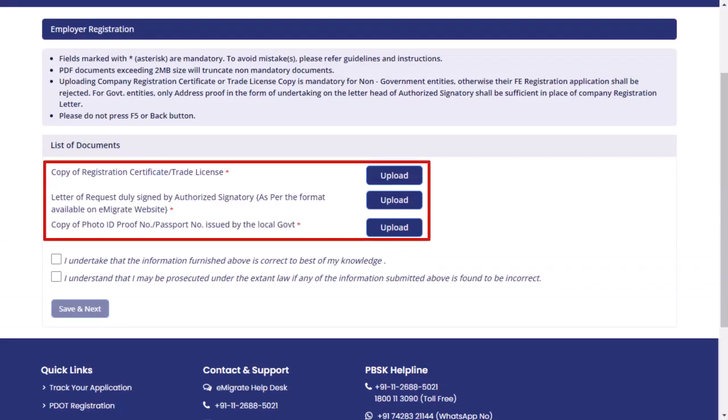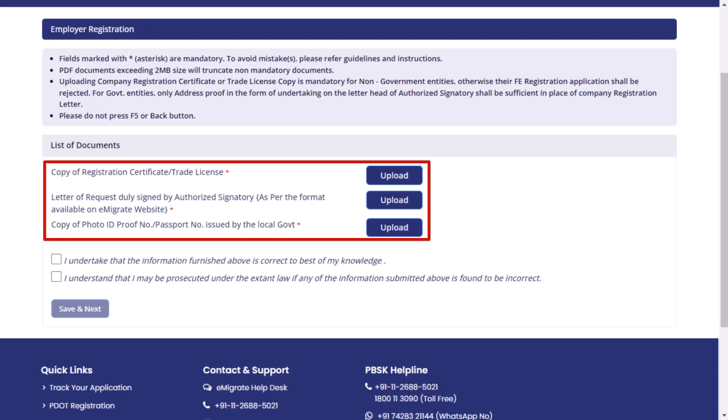You will be redirected to the employer registration page, where you are required to upload the necessary documents based on the provided list. At this point, you will be required to upload the request letter you downloaded earlier. For this instance, you must download the request letter to Indian Mission for FE Registration Organization. Complete the form exclusively in the English language, providing all required information, and affix your signature on all 3 pages.